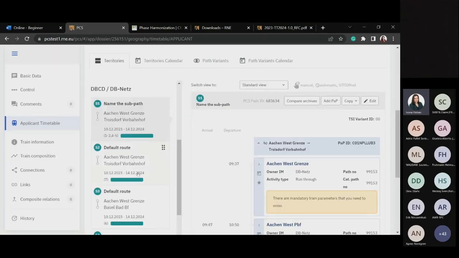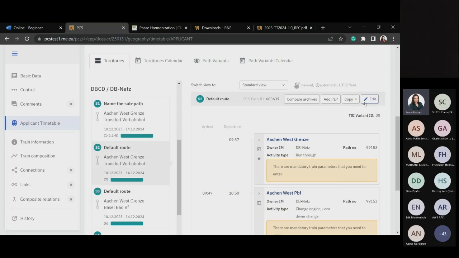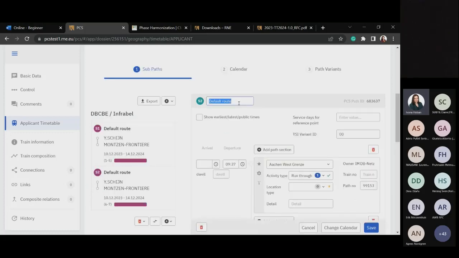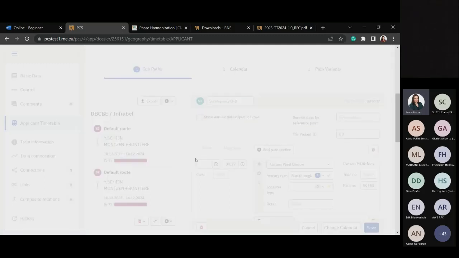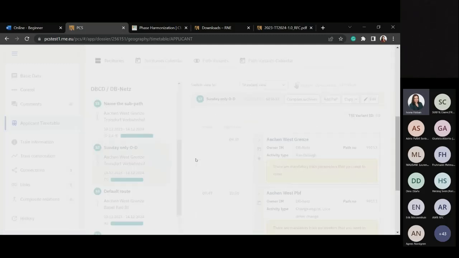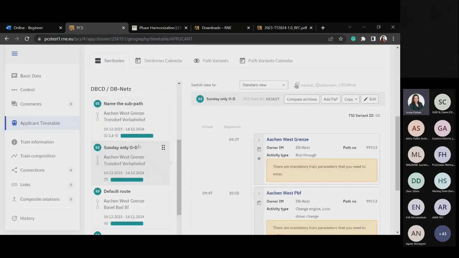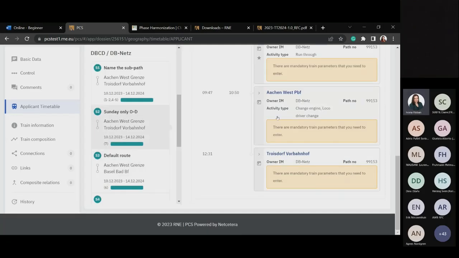So let's say that if this one is only on Sunday and I rename it to Sunday only, origin destination or something like that, that will tell me what it is, then PCS takes over this name of the subpath in consideration, and you will have it connected to the content of this